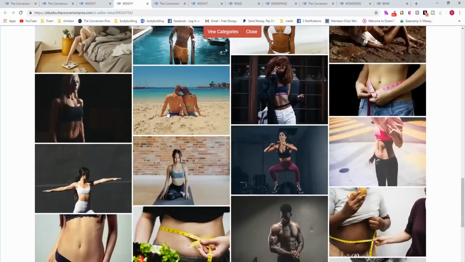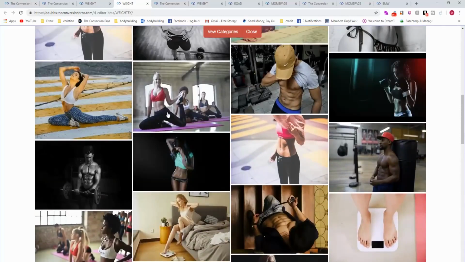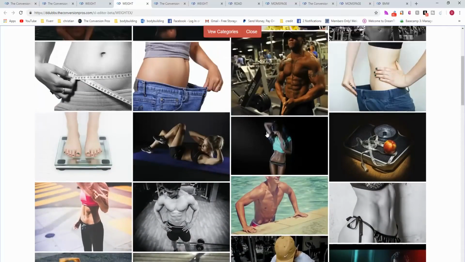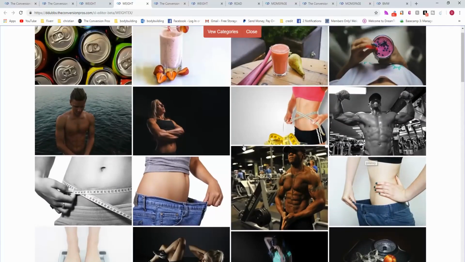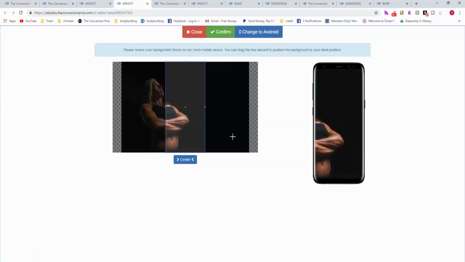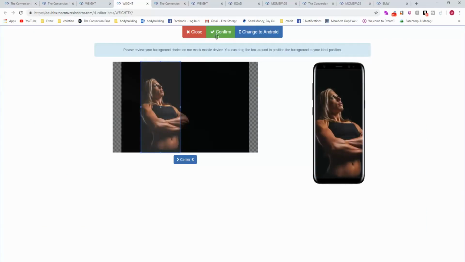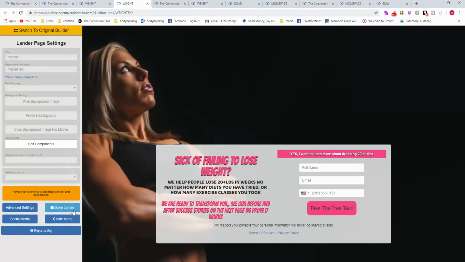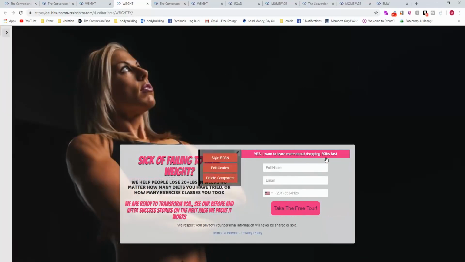Let's see here. There are so many good ones. Well, it's interesting because it depends on the color. Let's say I choose this one here. It has a black background. I just want to show you what happens when you change the color. Okay, that still works. Obviously though, you can't see her body too much, so I'd come over here and